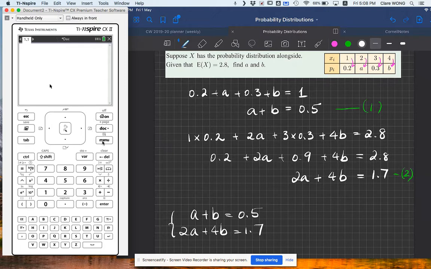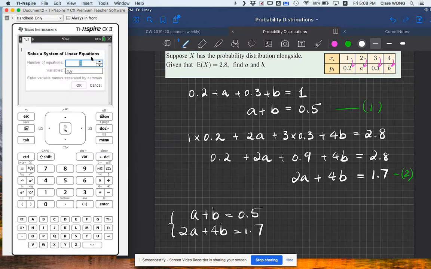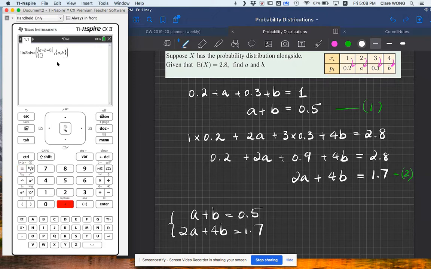On the calculator, we need to go to the algebra because we're solving simultaneous equations. Menu, algebra, solve system of linear equations. We have two equations. The variables we can change to a and b because that's what we're using. a plus b equals 0.5. Then go down to the second one, 2a plus 4b equals 1.7. Now this is all ready, and then press